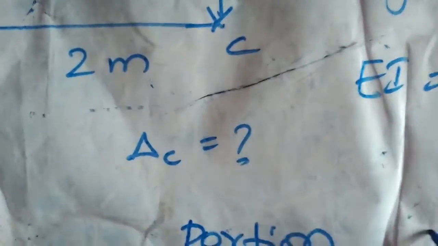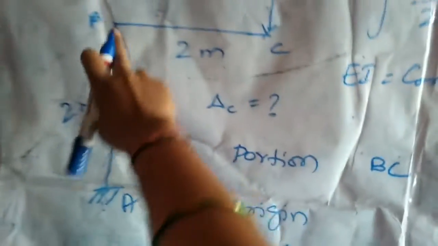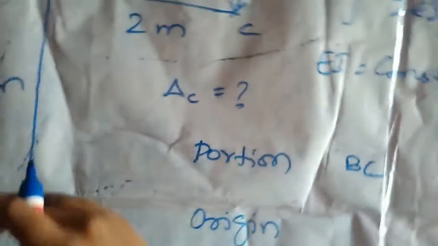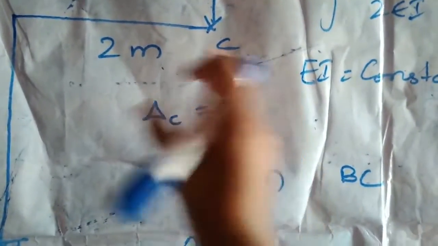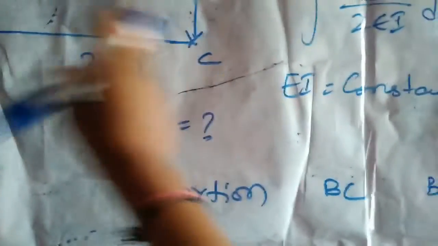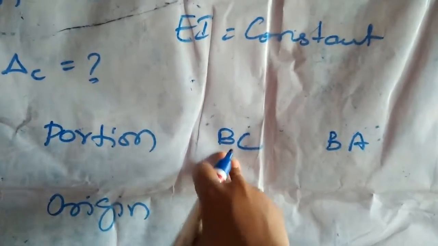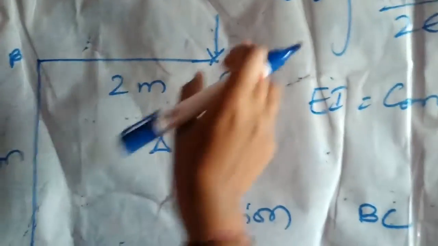So, coming to the portions, what are the portions we have here? BC is one portion and BA is the other. It is easy to keep the origin at the free ends. Otherwise, you can also take AB and BC, but then again we have to decide which one to take as the origin. So better to go with the free ends, then it will be easy. C is the origin here, or else, for clarity, instead of BC you may mention CB as the span, with C as the origin. Anything will be the same.